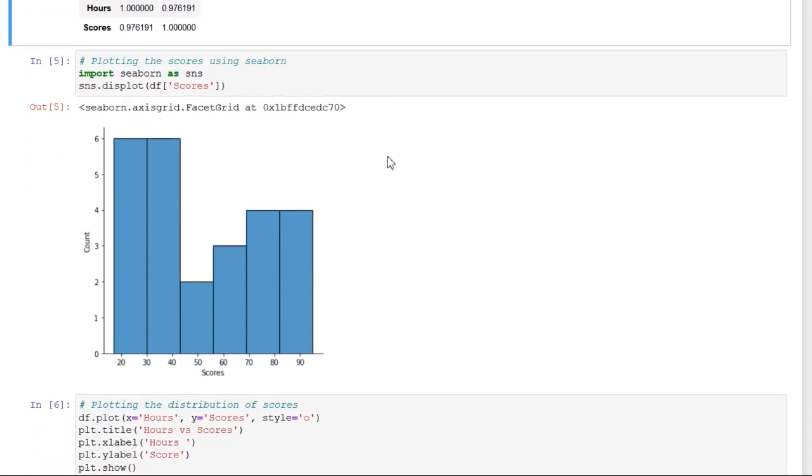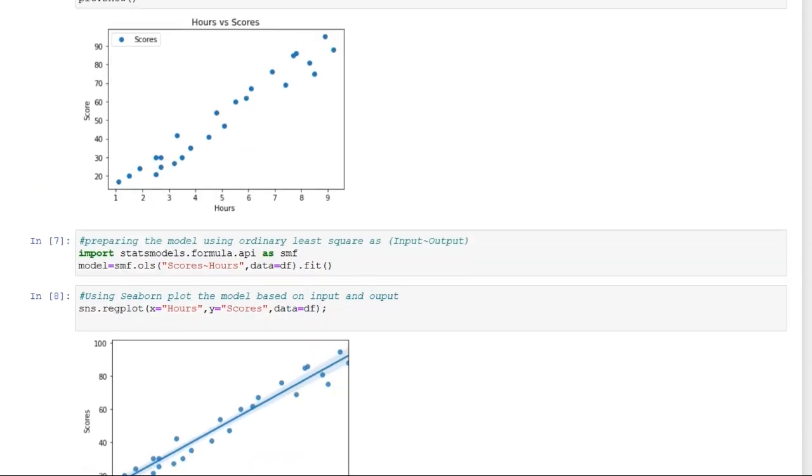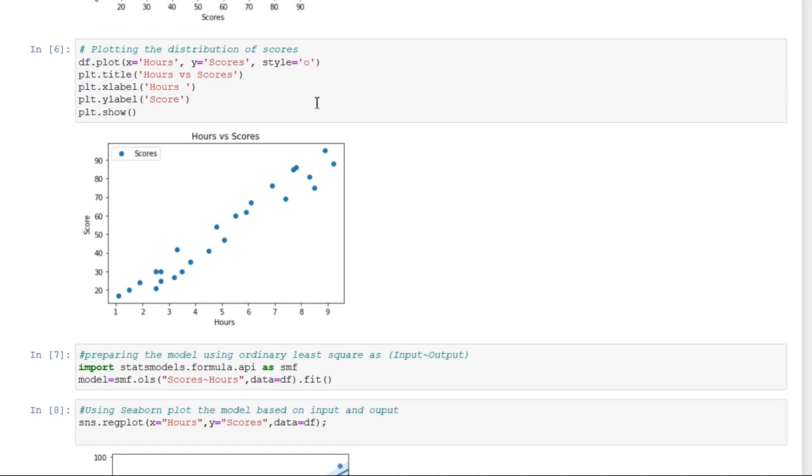After that, we have plotted the score using seaborn. For that, first we have to import seaborn as sns. We can use sn or sns, it's your choice. I have given sns, and we use a distplot for our data in df. In df we have selected the score column. Below we can see that score is on the x-axis and count value is on the y-axis. So here we can see how the data is distributed in a distplot.